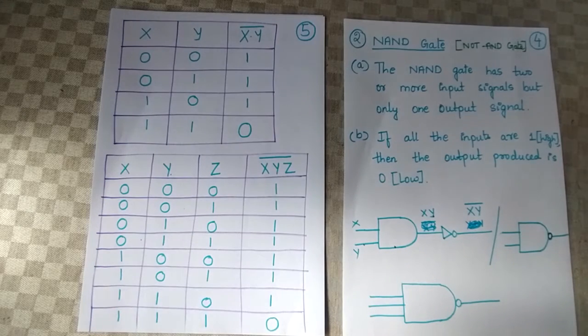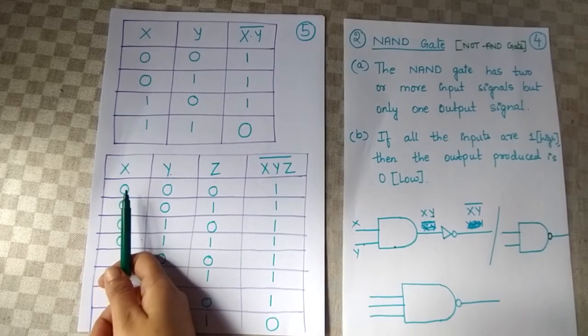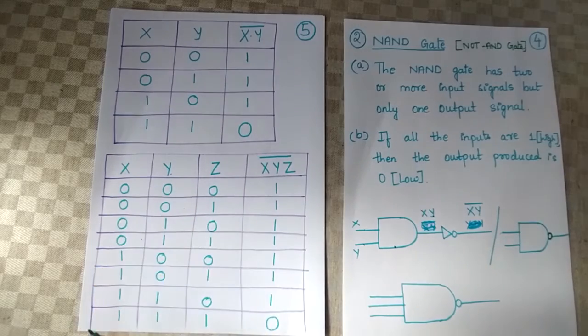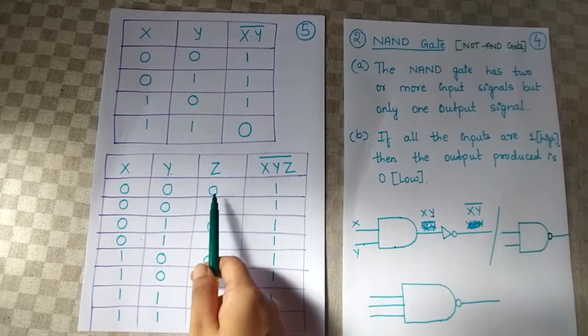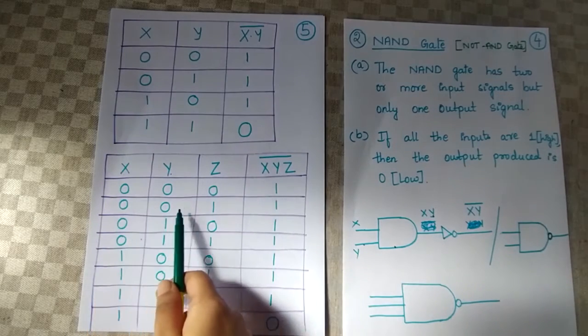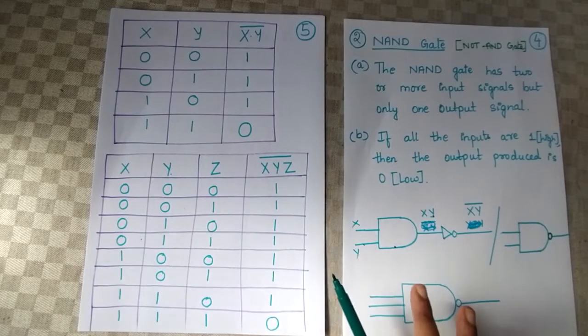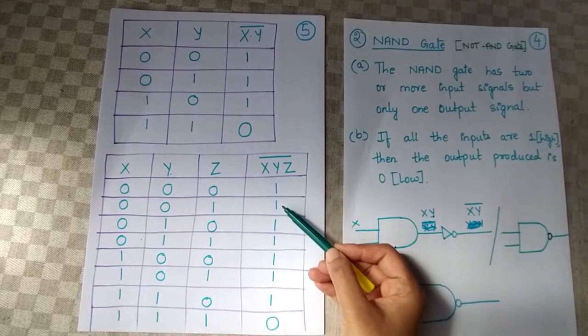If we are having 3 inputs, we should get 8 combinations of values, which we can see here. Okay. Now let's start checking the outputs. We have the first combination here, 0, 0, 0. Since all the 3 inputs are low, the result has to be high here. Next, 0, 0, 1. Now here also, if you observe, all the inputs are not 1. Since they are not 1, the result cannot be 0, it has to be 1 only.